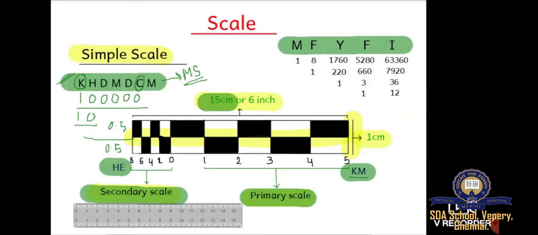For example, if the distance between any 2 points on a map is 2 centimeter and the distance between the same 2 points on the ground is 5 kilometer, then the scale of the map is 2 centimeter is to 5 kilometer. There are 3 ways in which the scale can be shown on a map. They are by a statement, by a representative fraction, by a graphic or linear scale.